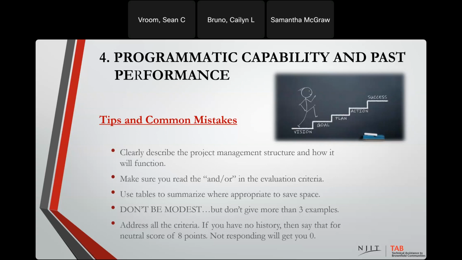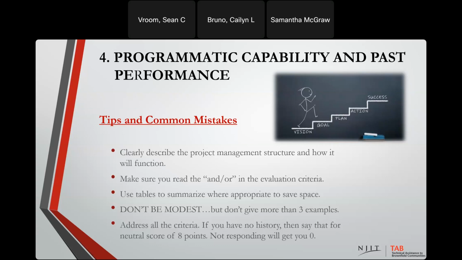You want to make sure that you read the "and/or" in the evaluation criteria. What that means is, especially at the end, they're going to ask you, have you ever had an EPA Brownfields grant? If not, then you go to the next "and/or": you've had a federal level grant or something of substantial size that's comparable. Make sure that you go through all that. You can't just not answer because you never had an EPA Brownfields grant. Keep following the guidelines down until you get to where you can answer that question.